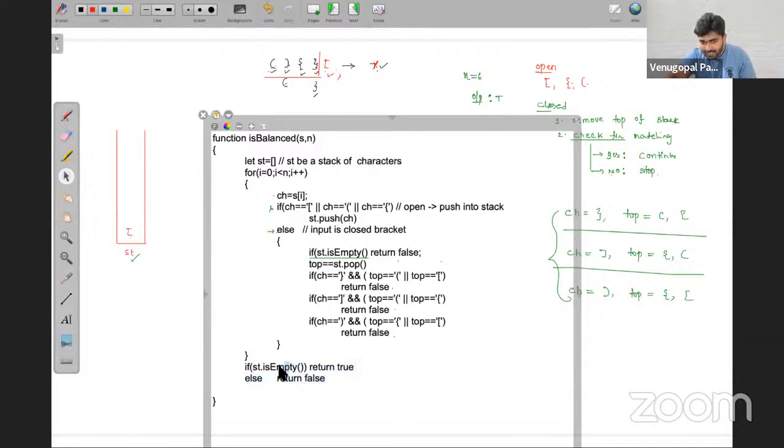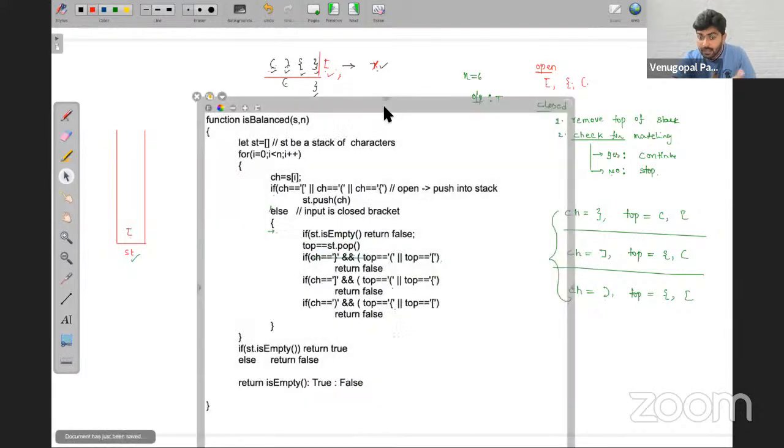But these three statements, can I convert them into a ternary operator? Like what I'm saying is, rather than writing like this, return is empty. In case it is true, then I can write directly return true. Otherwise, I can write directly return false. Can I write like this, friends?